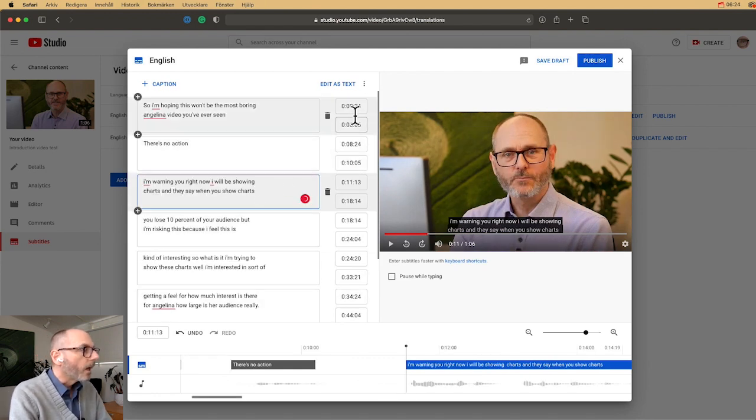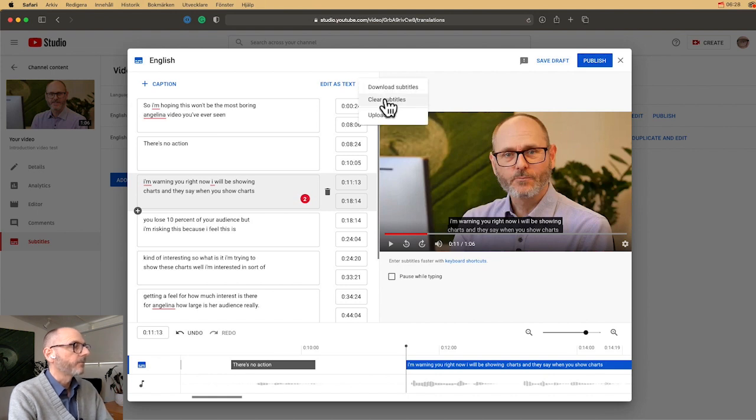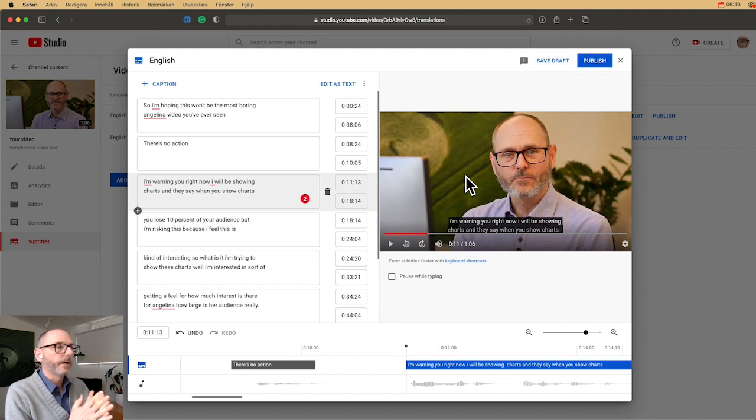I go up here to those three dots, and there you have download subtitles. So I do it like that, and it goes to my computer, and I will pause here and prepare for the next stage, that is how to get a new language up and running.